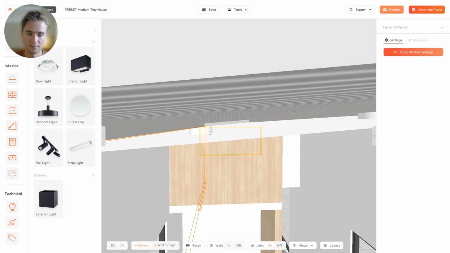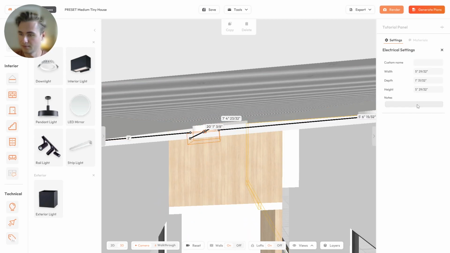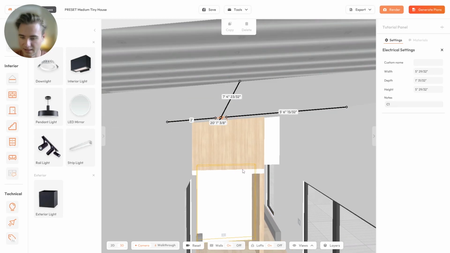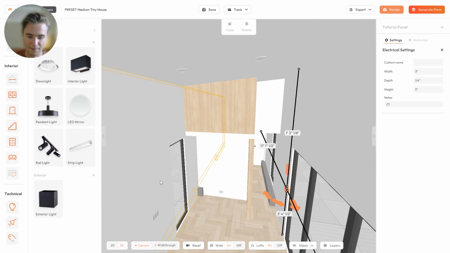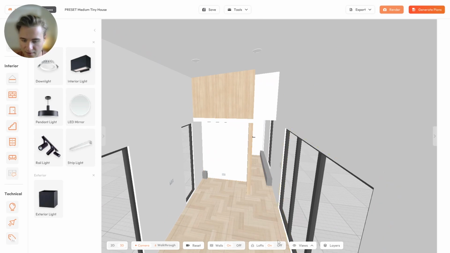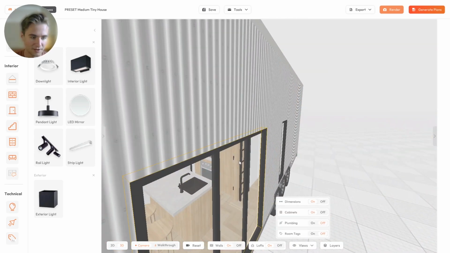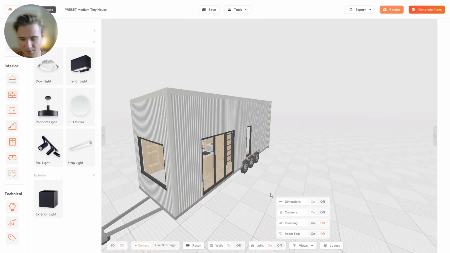There we go. This one will be circuit 1, and this one here will be circuit 1 as well. Perfect. So now we have added my circuits in as well. Alright, so I'll just go in and turn my cabinets back on, and we can of course also design the